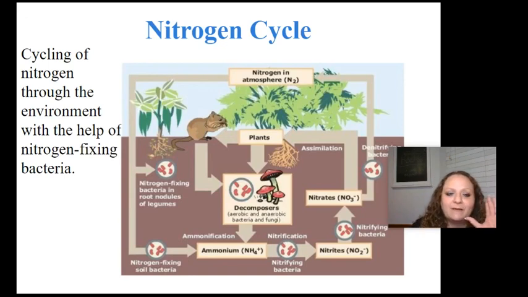So, what's the main part of this cycle? The main part of this cycle is that nitrogen in the atmosphere can't be used. It's fixed by bacteria. We consume it. We then go through decomposition, or our waste gets decomposed. That nitrogen is going to go through several stages before it's returned to the atmosphere, where it's going to be taken back in by those nitrogen fixing bacteria.